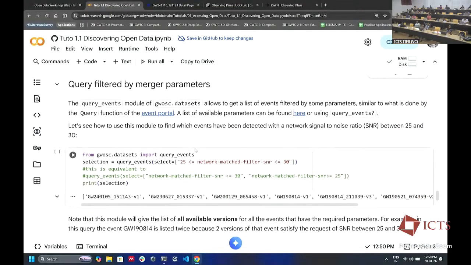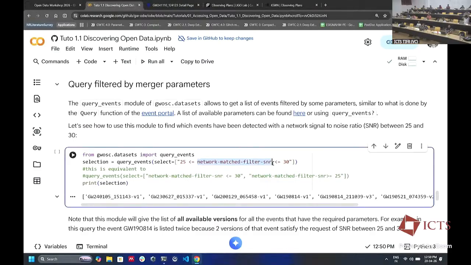Okay, and so all of this was either by name or by timestamps or by runs and catalogs and whatever has been done. But you could also look for more specific things. I only want to look at loud events, for example, or maybe between some loudness. Then you could search for this kind of thing. So do people understand some intuitive notion of signal to noise ratio? So what you have in a detector is you would ideally want a signal, but there is some noise on top of it.